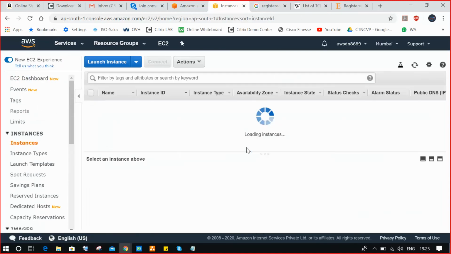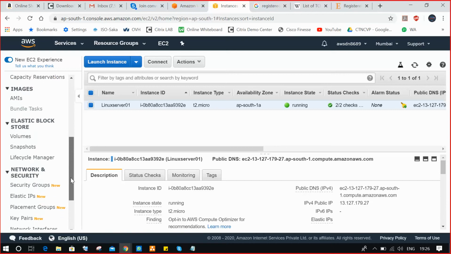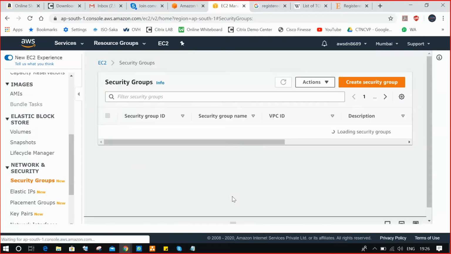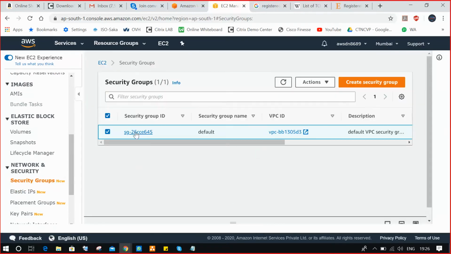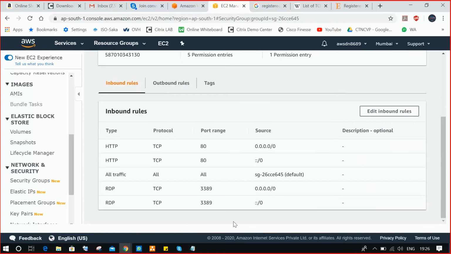So the instance is ready now. As we discussed, what port do we need to enable on the security group for a Linux machine? SSH. So go to security groups. I can click on the security group. Do you see any SSH port number here?